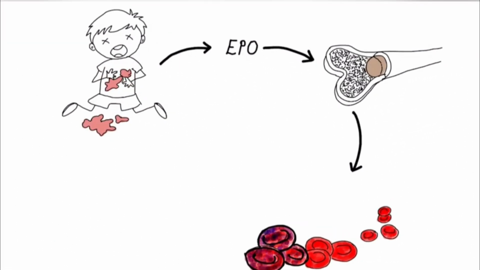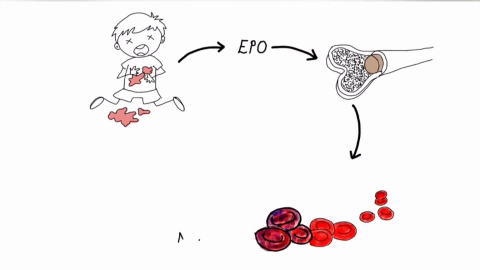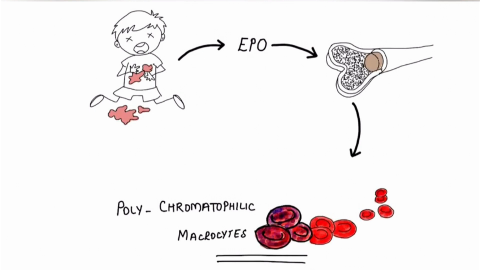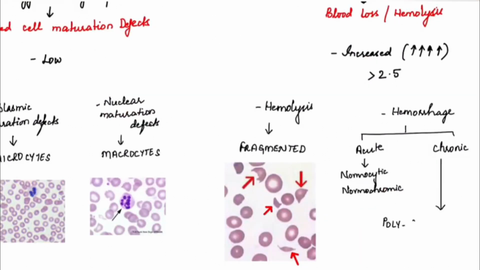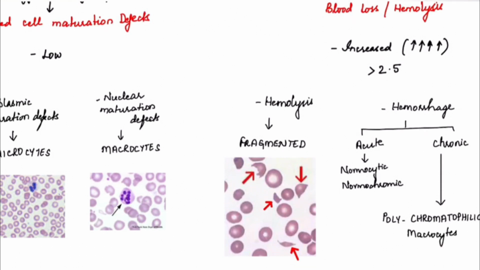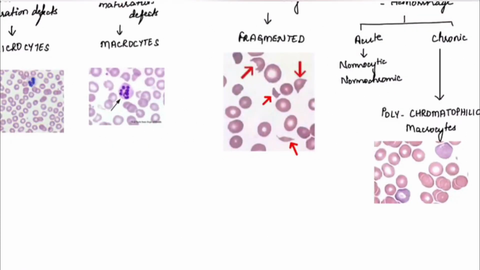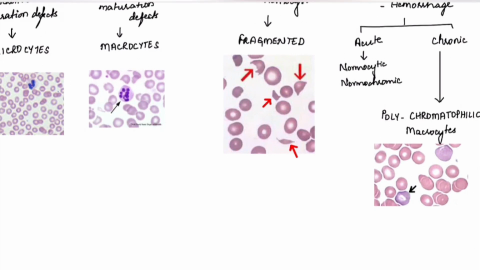number of immature cells, of which, like I said already, reticulocytes are more, and along with reticulocytes, macrocytes, large size RBCs which are taking multiple stains are seen, which are known as polychromatophilic macrocytes. So presence of polychromatophilic macrocytes in a smear indicates that the bone marrow is at stress to compensate the lost RBCs. Okay, so polychromatophilic macrocytes are seen when there is chronic hemorrhage. So this is a smear showing larger sized RBCs taking different color stain.